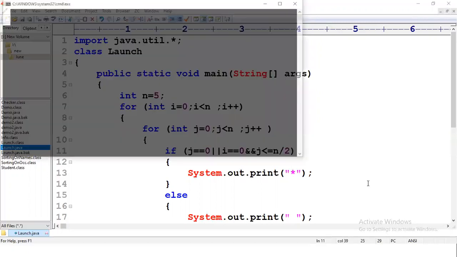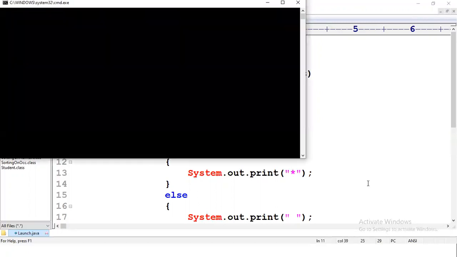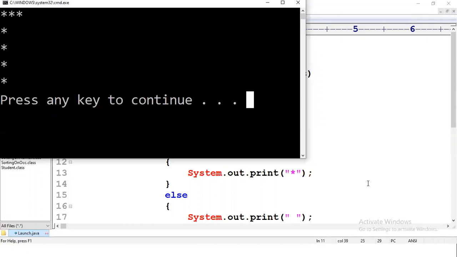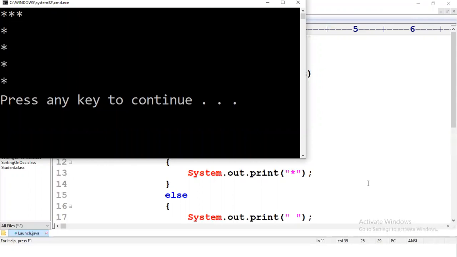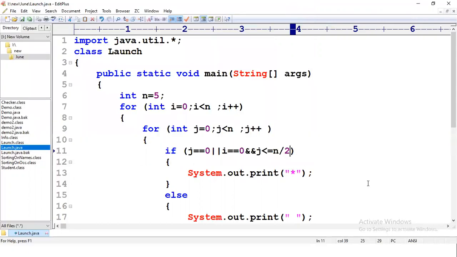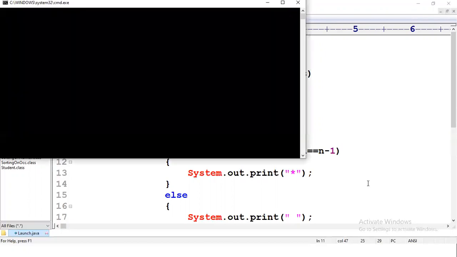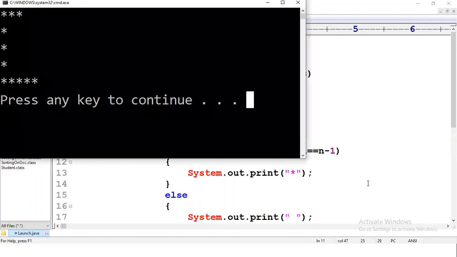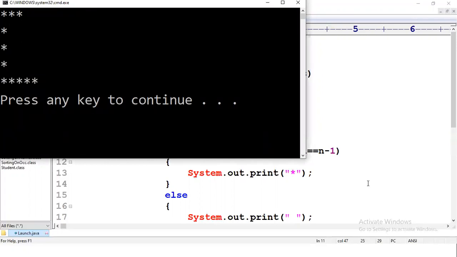Now you see, when I write this code, what will happen is the j value will completely print, j equal to 0, but the first line, only half of it will print, as you can see, right? Now, for the OR operator, I'll say i is equal to n minus 1, the last row. If I only say i is equal to n minus 1, it will print like this. It will print completely. Do you want it to print completely? No.